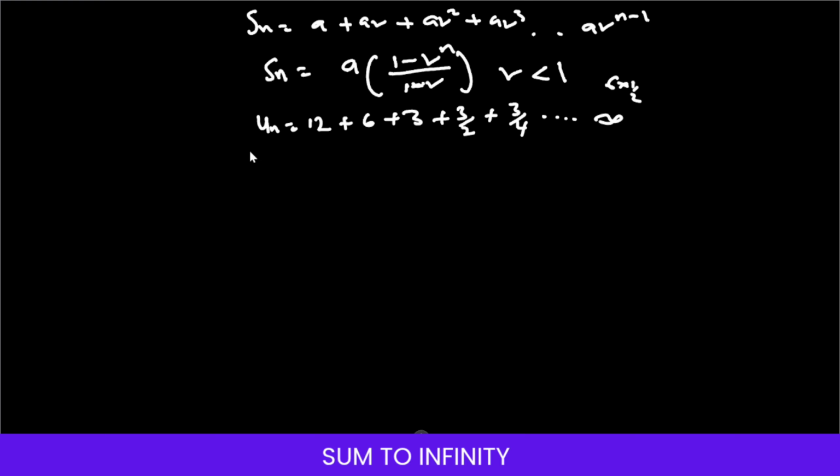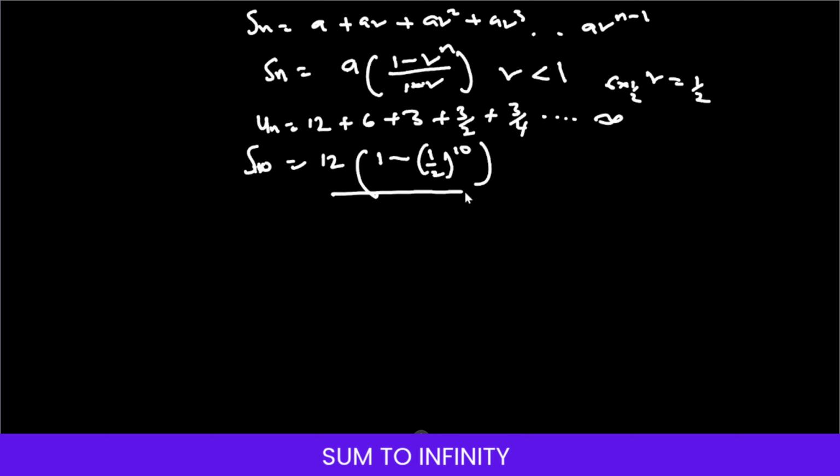Now, if you want to find the sum of this particular sequence, let's assume you want to find the sum up to the 10th term, using the formula we have here. Realize that the first term is 12, and then 1 minus r, where the common ratio is half, r is equal to 1 on 2, and n, the number of terms, is 10 here, all divided by